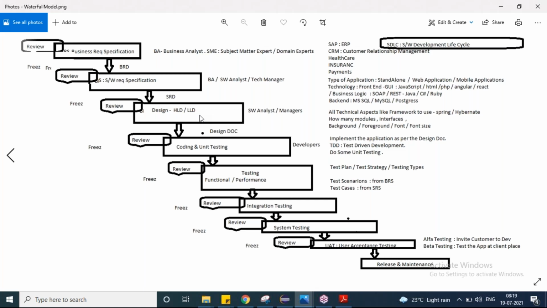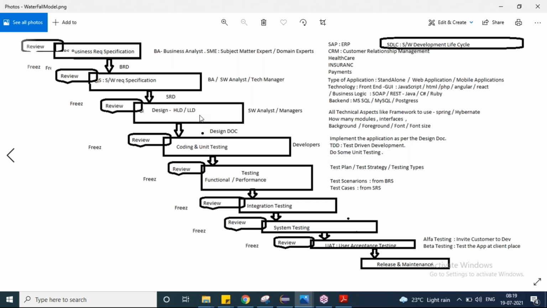So there will be a term called freezing the document. Freezing the document means once that SRS or SRD has been frozen, you are not supposed to add any new requirements. The customer came last week, he gave me some requirements, and we went through them and implemented them, right? And maybe after one week, if the customer comes back and says, sir, no, no, no, I gave you some bad requirements, could you please update this? In this model, there is no such process.